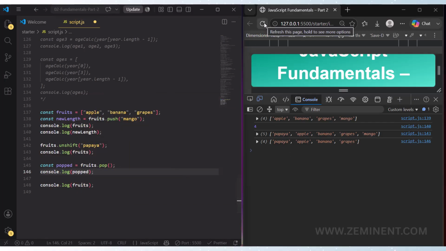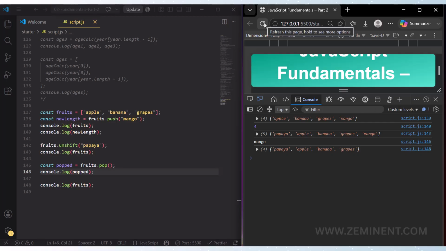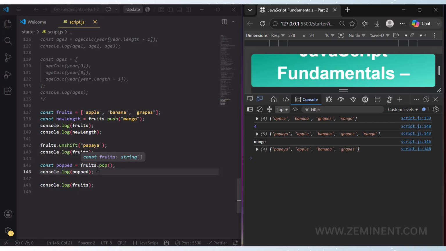Then reload. Here see it displayed the mango that is removed from the array and that is stored in popped, so that is displayed here, mango. This is the usage of pop. It removed the last element from the array, and it doesn't return the length of the new array. Instead of that, it returns the removed element.